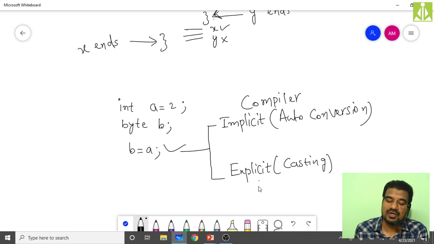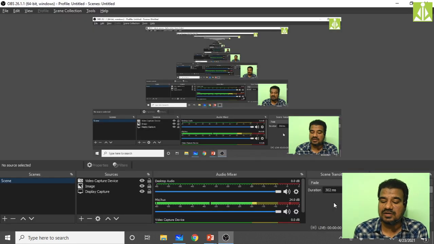We as a programmer or user have to perform the explicit conversion, that is casting. So based on what does the compiler decide whether it has to perform the conversion implicitly or leave that conversion process to the user? It is based on the conversion rules. We have certain conversion rules.